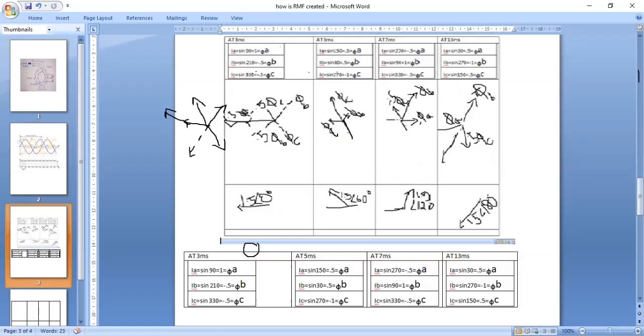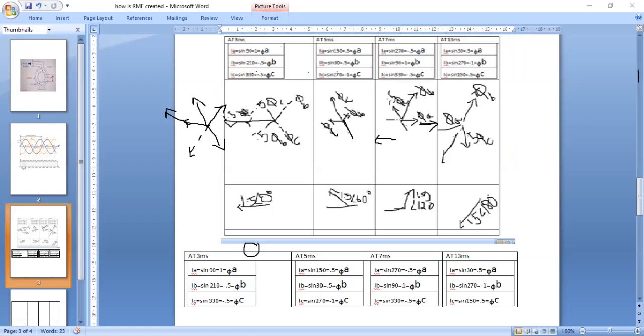The first one is phi a. Phi a is minus 0.5. When we say minus 0.5, the original direction was this one, but here it is minus 0.5, so we have drawn it in this direction. This is phi a, and then phi b is positive 1, and phi c is negative 0.5. So originally it would have been in that direction, but we extrapolated it to get the minus 0.5.